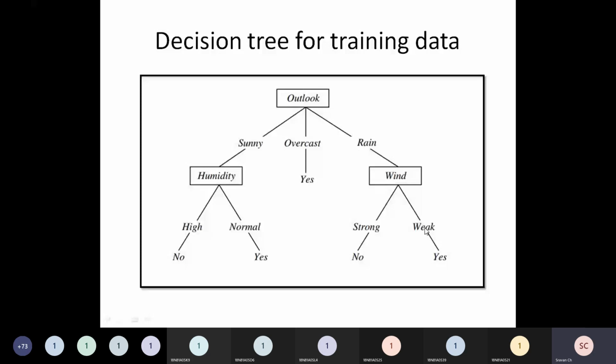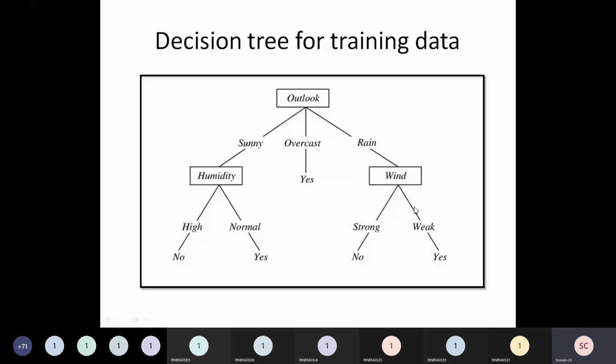If you cannot make a decision, again you further continue the problem, and maybe the temperature or any other parameter will come into the picture. So after identifying that this parameter is wind, you have to see how many children wind has, the way we have seen for the root node. Outlook, how many children are possible, how many values over there? There are 3 values, so 3 children. Similarly, for wind, how many different values are there? Strong and weak, only 2.